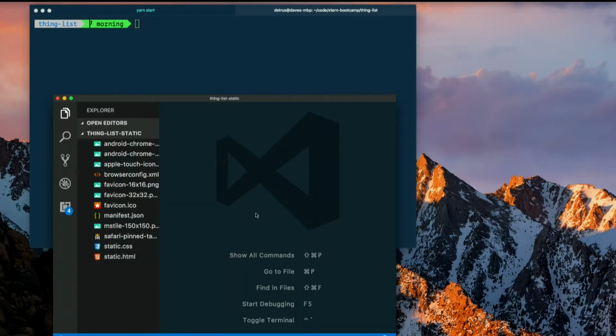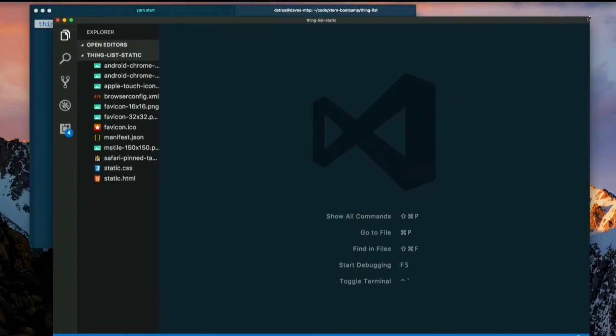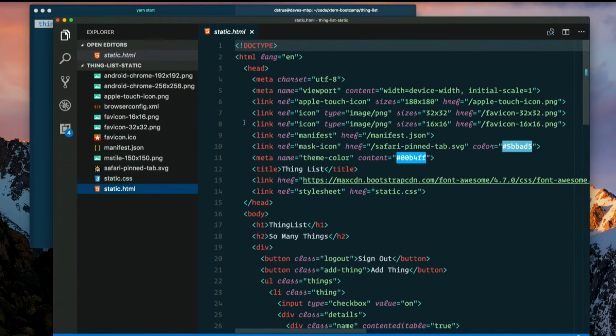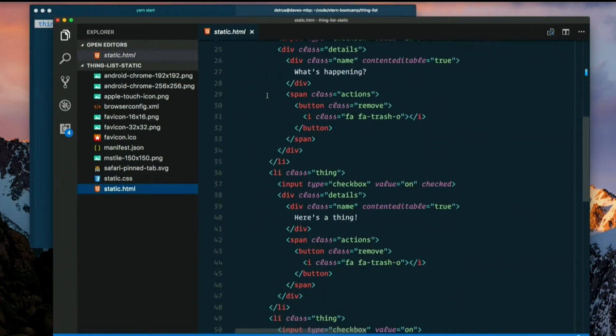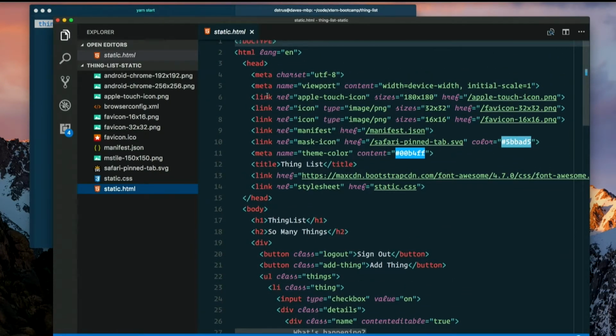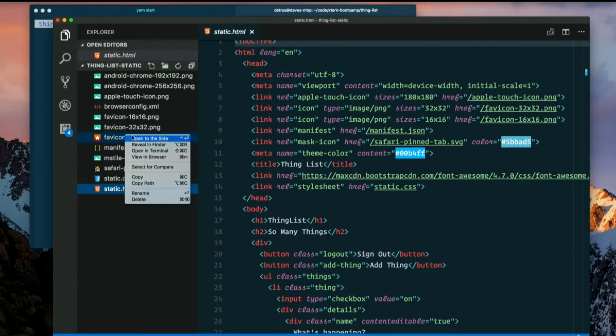Now let's look at this static business and see what else we might need to do. So this has everything from index and all of our components and everything. So let's just little by little look at some of this stuff. Okay, we've got a favicon. We've got lots of versions of the favicon. We could copy those over if we wanted. So I'm just going to right-click on favicon.ico here and say reveal in Finder or reveal in Explorer on Windows,